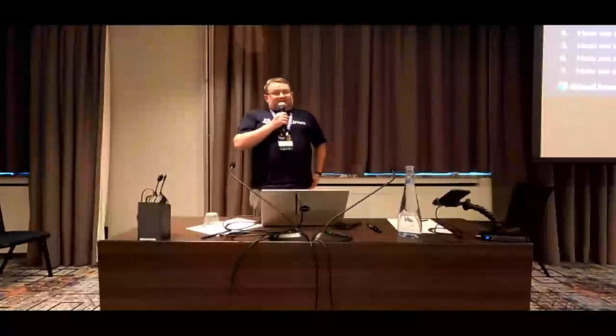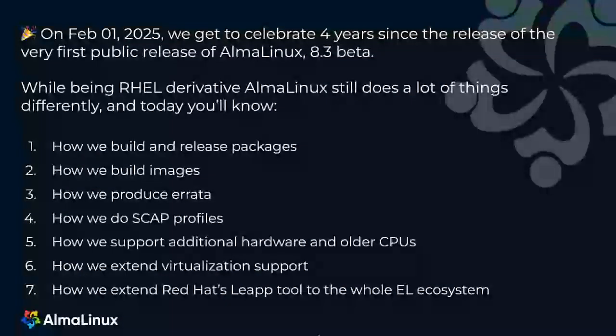So, in two days, we will celebrate our first public release. It was four years ago, AlmaLinux 8.3 beta. It was the very beginning, no features, no fancy things, just one architecture. We've made a lot since then, but still, even if it's a RHEL derivative, we do a lot of things differently, and today I'll share some insights on how we do packages, builds, and releases, how we do images,